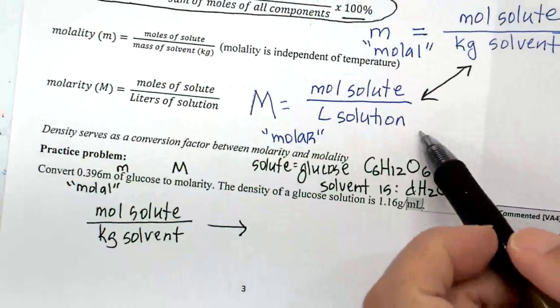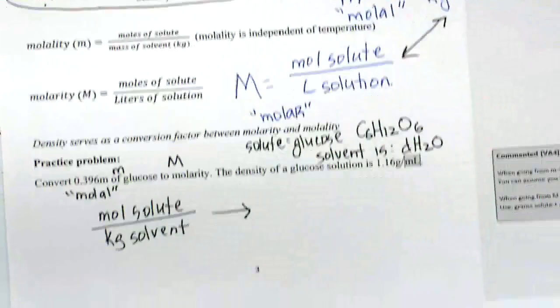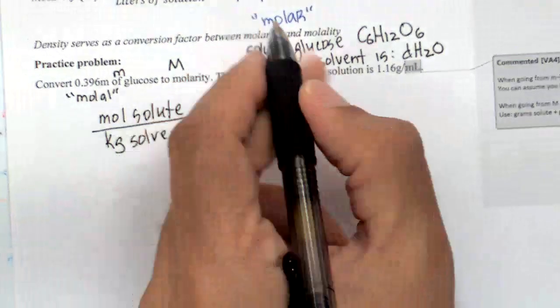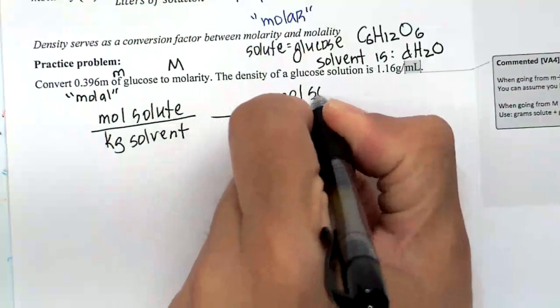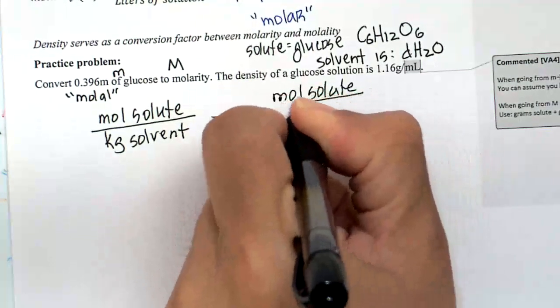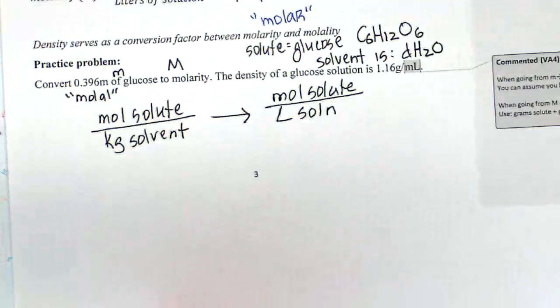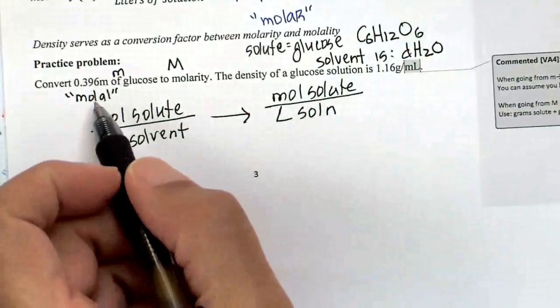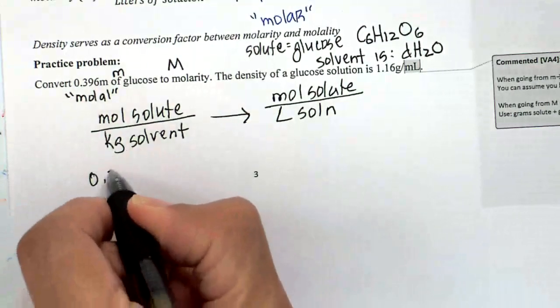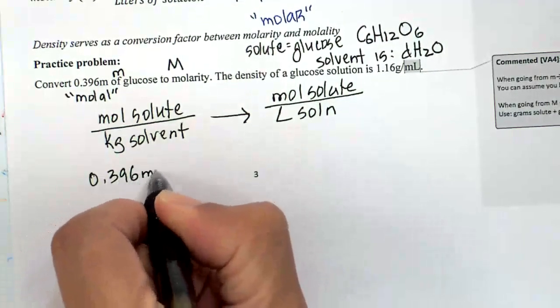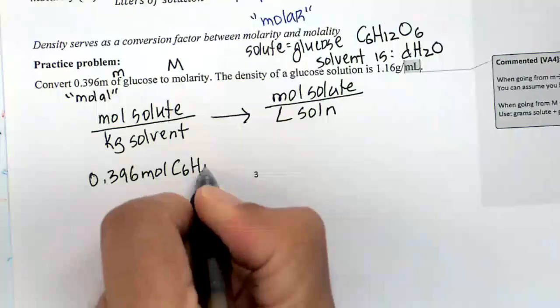What's molarity? Moles of solute over liters of solution. All right, so this 0.396 molal is essentially 0.396 moles of glucose,